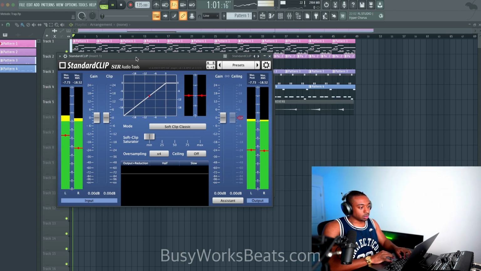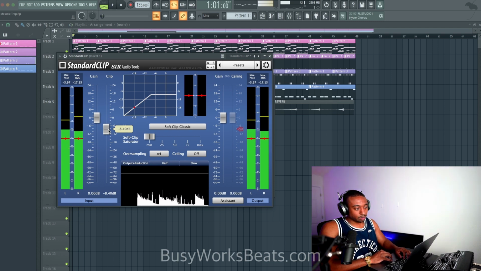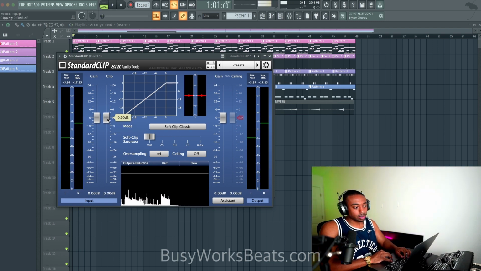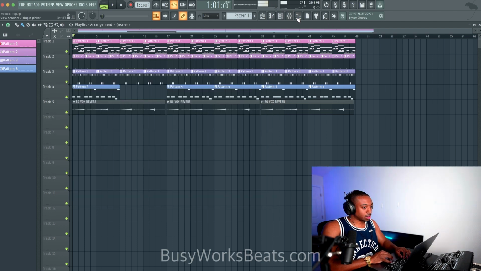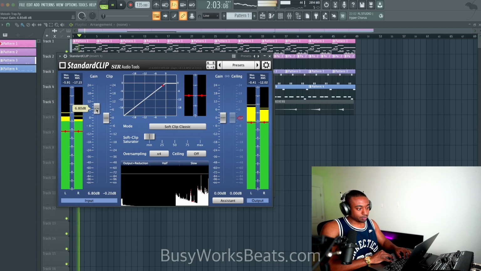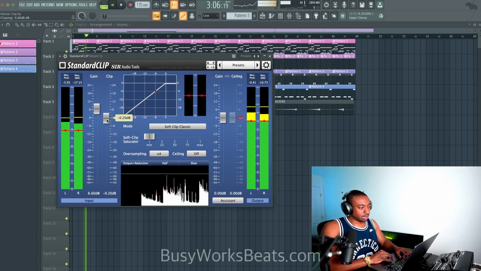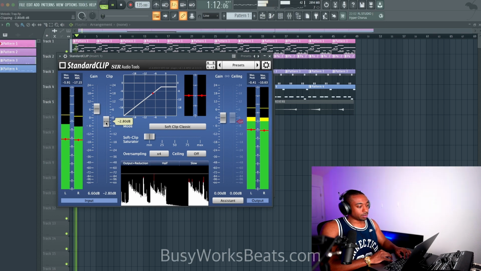Okay, so what I'm going to do is lower this clip amount until I start scraping the transients. And if I'm not getting the transients, I'll push going into the plugin, usually with some kind of fader before this plugin, but we could also just use the gain knob right here to boost going in. And I have to determine what you're turning off of the sound. So let's cut out like 3 dB.